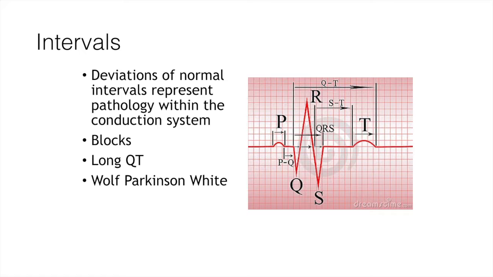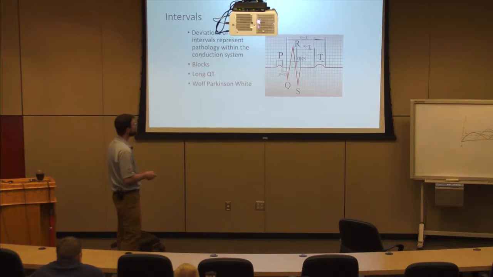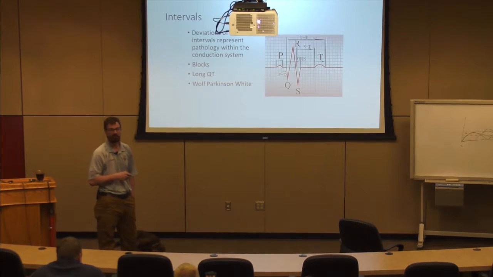And there's 3 intervals that I care about. My PR interval, right, which tells me how well I'm conducting a signal from the atrium to the ventricle, right? And if it's slow, I get first-degree AV block. I have my QRS interval, which tells me how fast I depolarize my ventricle, right? And then I have my QT interval, which tells me how fast it takes for me to depolarize and repolarize the ventricle, okay? To go through an entire cycle from depolarization to repolarization. And they're very, very predictable, okay?